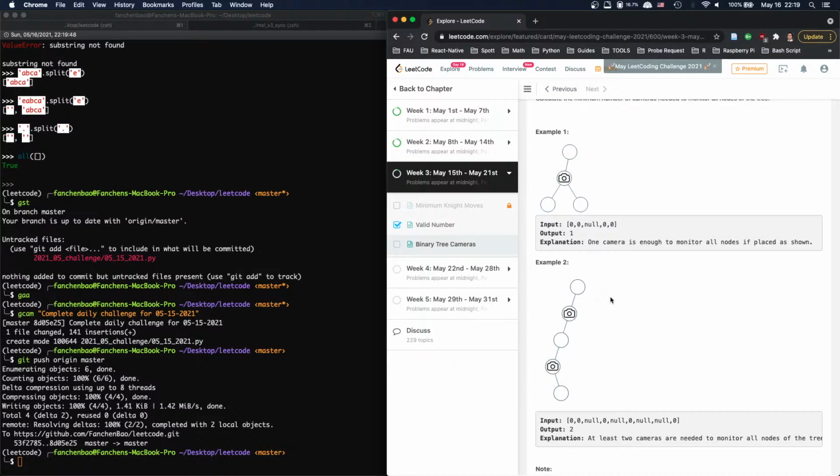So we have a root, and we have a left child and a right child. Ideally, with this type of problem, we find the minimum on the left child, and we find the minimum on the right child, and then we come to the current root. Now we want to cover the root, so we can put a camera on the root. That's one solution. Or